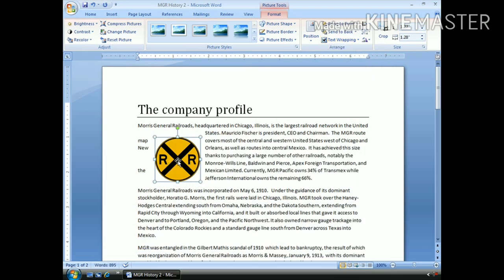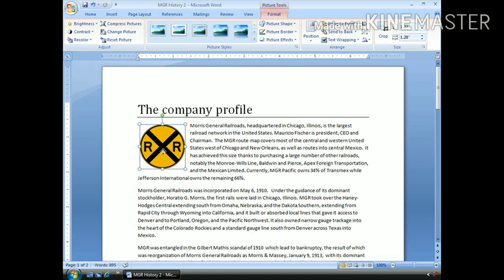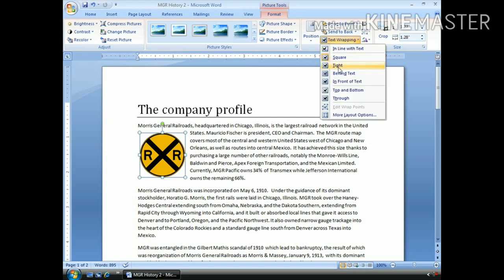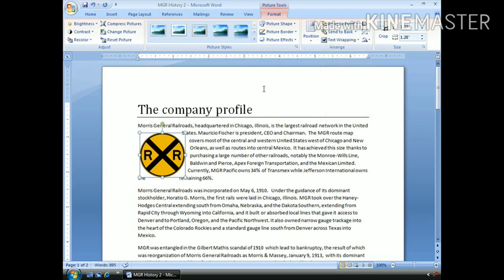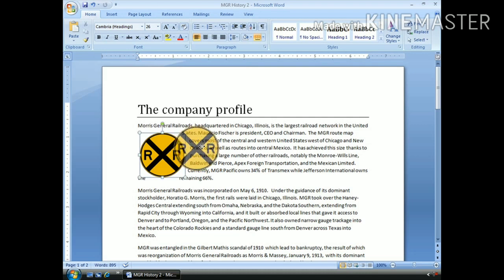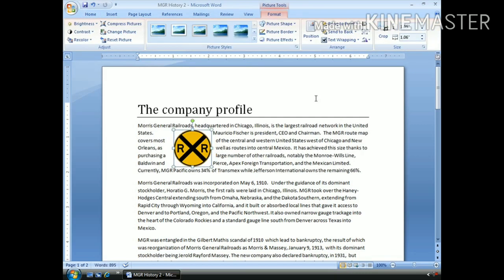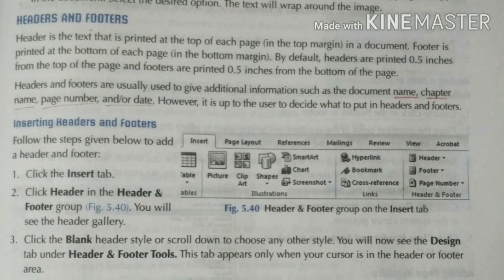When you do square, the letters or paragraph which are there become square, you can see. The space is given in the square around the picture. In the same way you can use the other options and your things will change in this way, so you can try it.